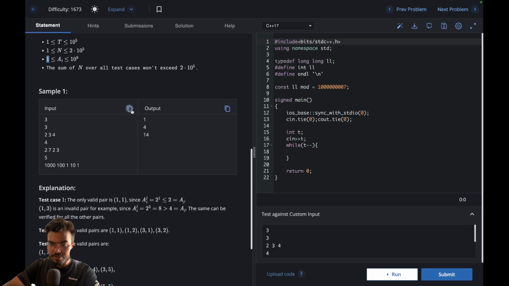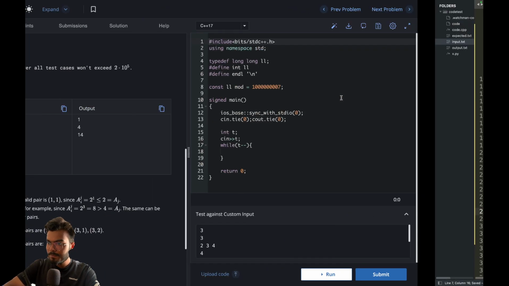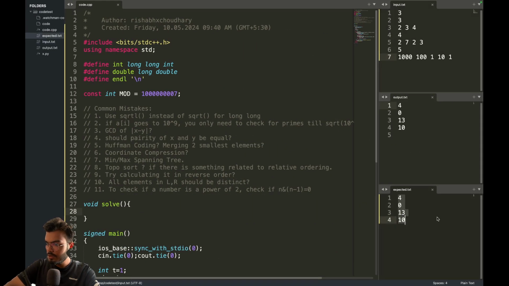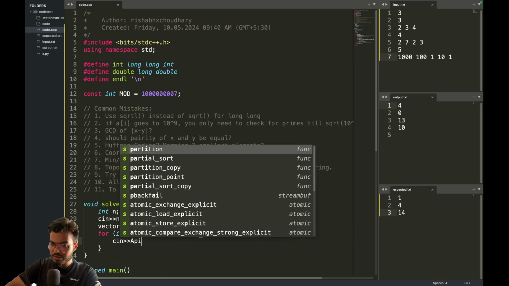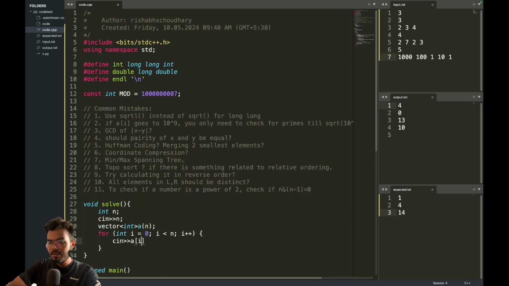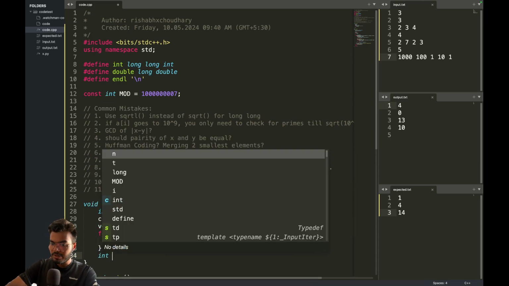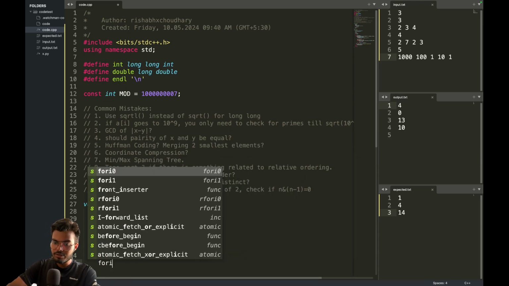So let's copy the input and let's copy the output. Okay, so first we have an integer n, and n c in n, vector int a of n, for I c in a of I, right? Okay, so now that we have the array, we need to calculate the answer. So let's say answer equals to 0, and for I in range this,